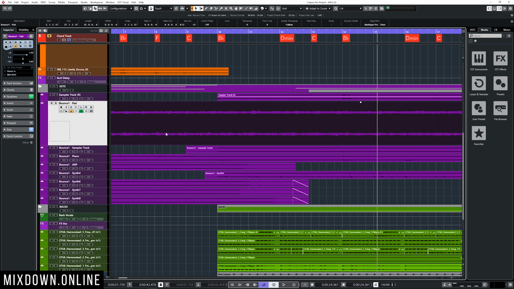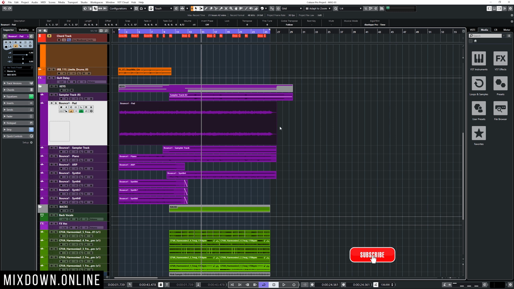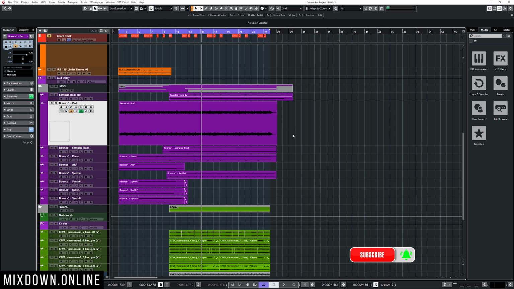So if you're at the bottom of the track, in the bottom section of the track, you're going to get the object selection tool. If you go on the top section of a track, now you're going to end up with the range selection tool. And you don't have to select an event. That can also be done on an empty space within the track height.